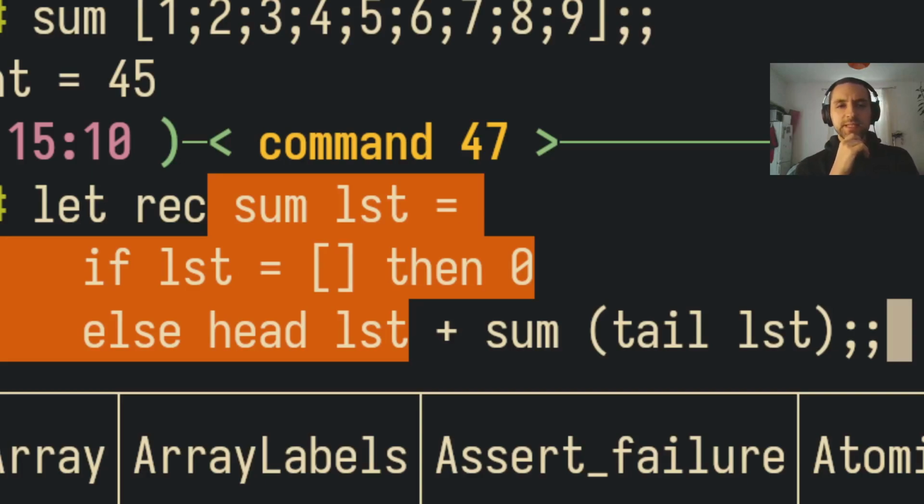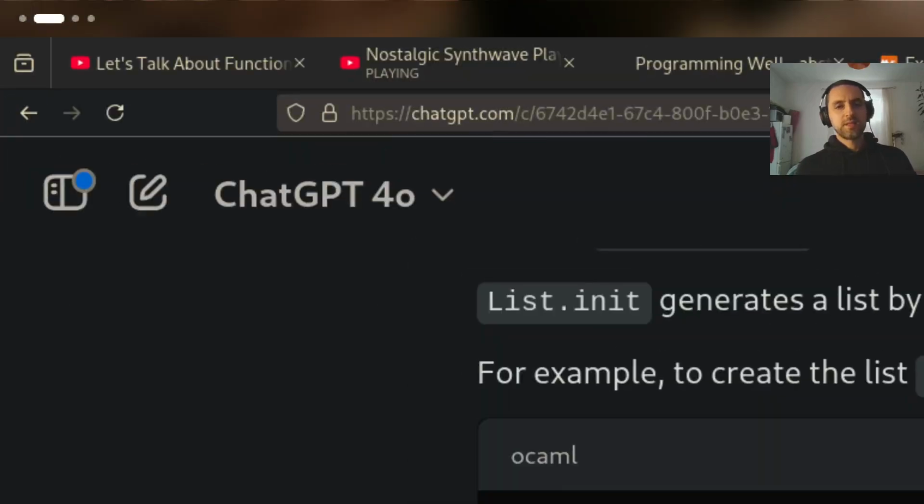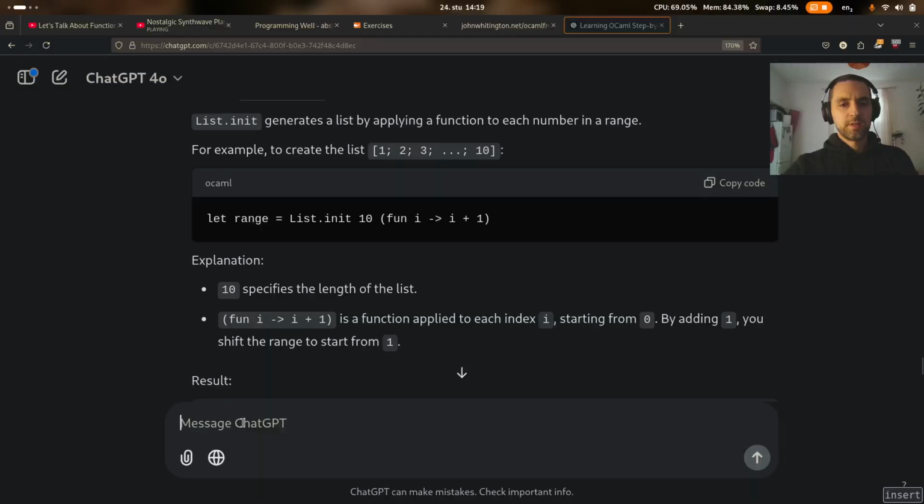Yeah, fascinating. So let rec sum of the list. If list is empty, then 0. Else, what? Else head of the list plus sum of the tail of the list. Okay. I got it now. But it's that mental leap